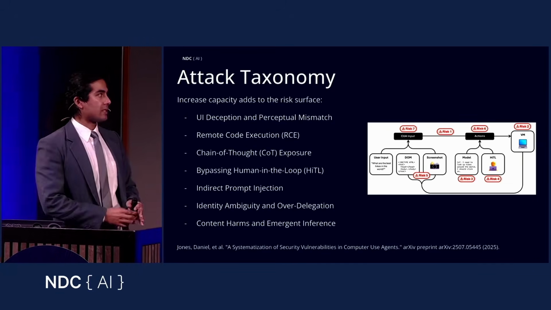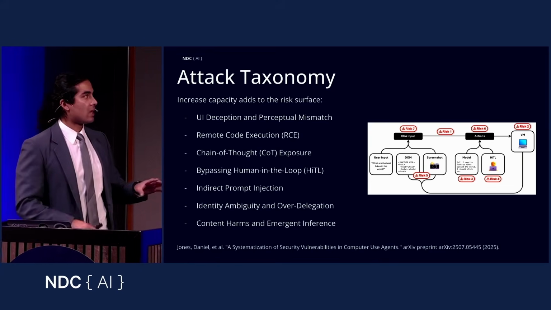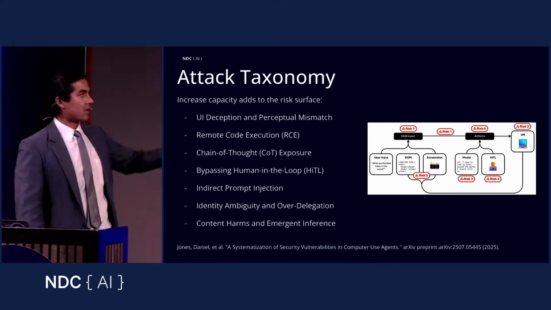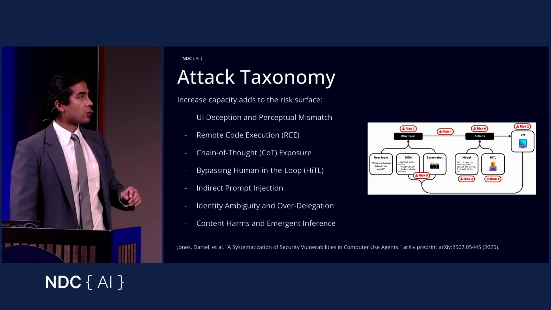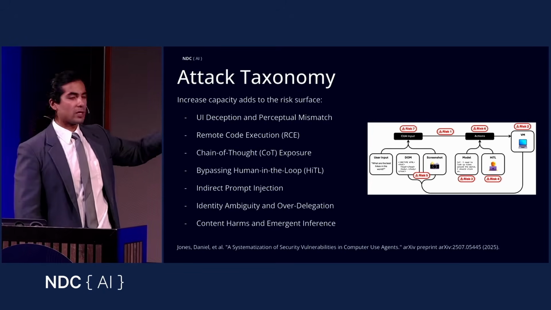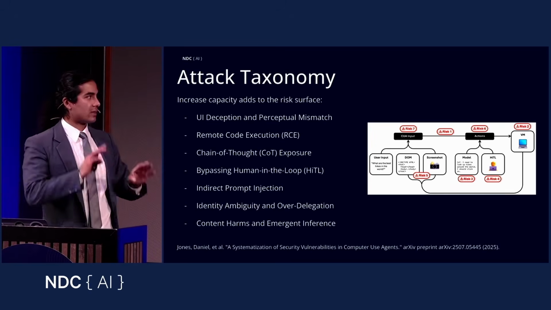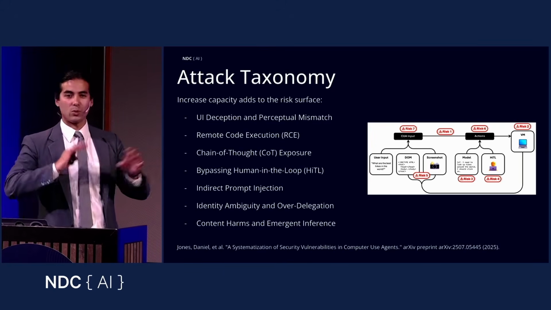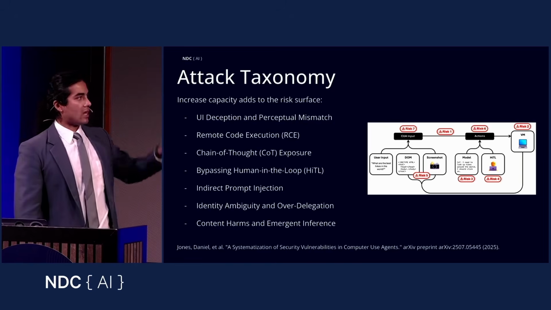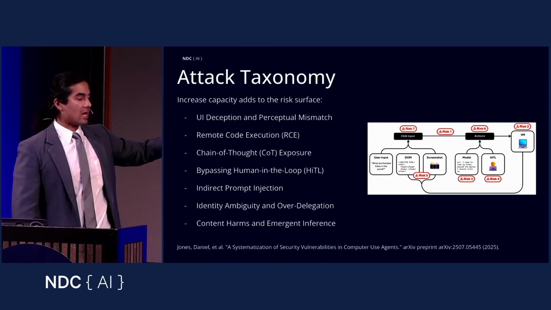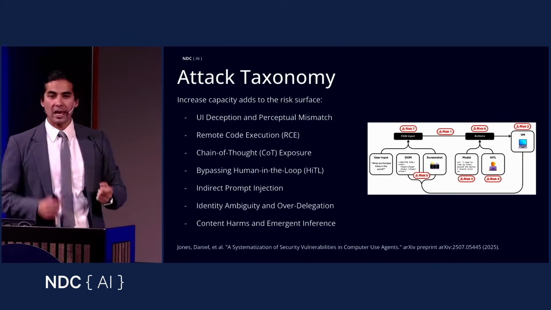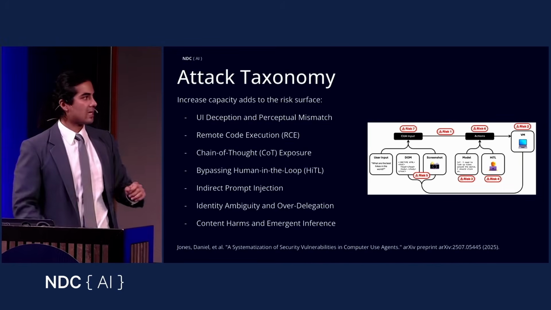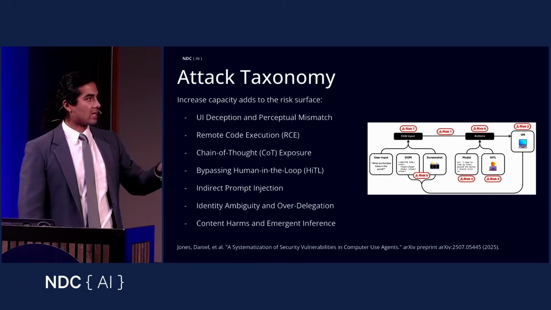The key insight here is that with these new capabilities, now there's an added risk surface. For example, some of the things that we've identified that are possible via these computer usage agents are user interface deception, and a perceptual mismatch between what the AI sees and what we put there, and then we're able to trick these models. We can get them to execute code remotely. Sometimes we've shown that it's even possible to leak some of the chain of thought that they have internally. So there are different techniques that we can use, again, CUA-specific capabilities to expose that are not otherwise possible.